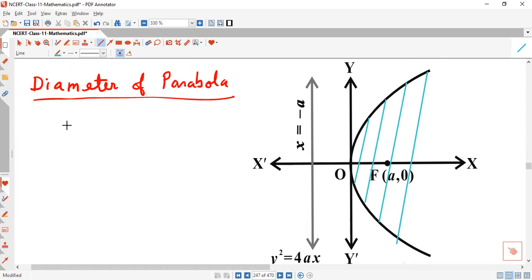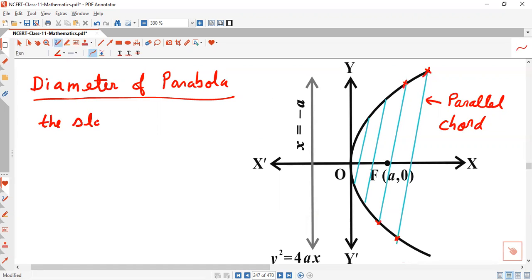Say, this is what we are doing here. These are the parallel chords. You can say this. These are the parallel chords. All right. Now you see, what is the slope of this parallel chord? The slope of parallel chords